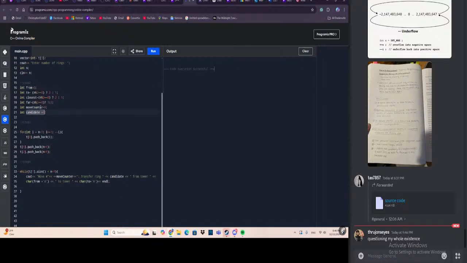So from is the ring that we're gonna move. From this tower, we're gonna grab this ring and move it to this tower, right? So from we're gonna, let's say